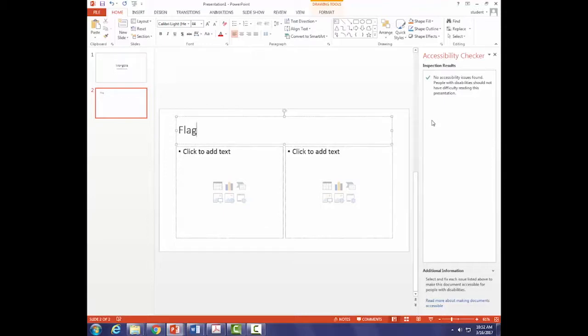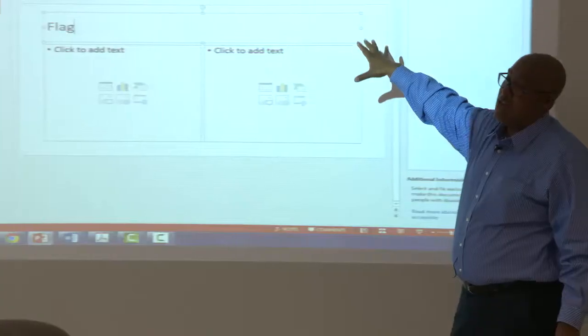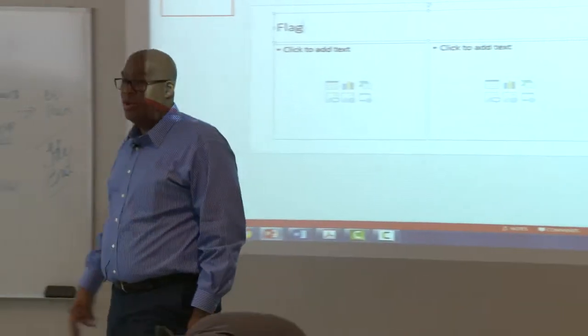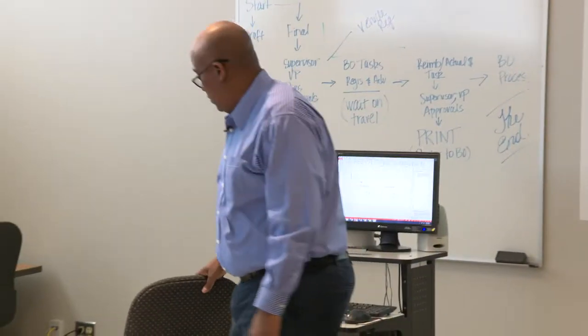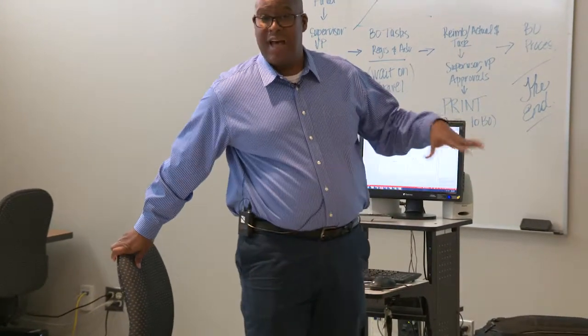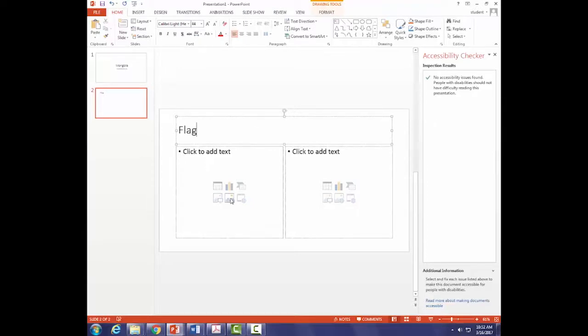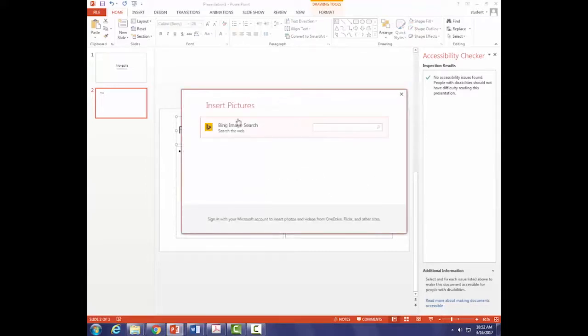So as I said, anything in those built-in layouts, these buckets or containers, whatever you want to call them, if I give every slide a unique title, anything I put in these buckets or containers is going to be accessible with 2 exceptions, and I'm about to show you one now. So our second slide just says flag. Let's go down here, right here in our first little bucket. We have online pictures. Does everybody see that? Let's click on online pictures, and that should open up a Bing search box for us.